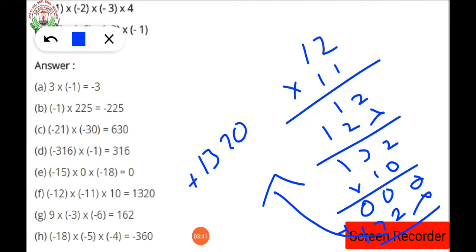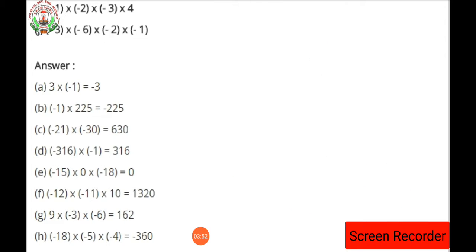And minus and minus will become plus. So what is the answer we are having? The answer will be 1320, the required answer for this. Clear, students? Next question we are having, the G part, that is 9